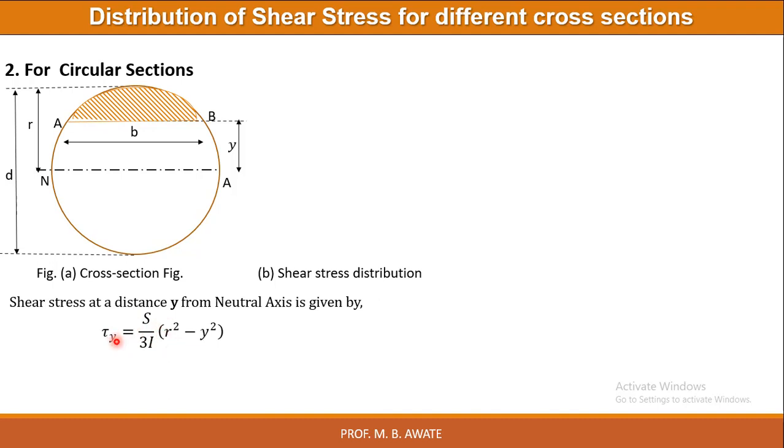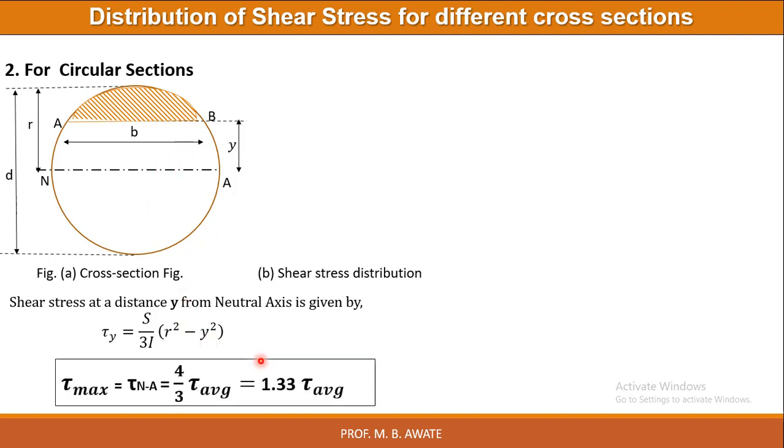So where tau y is the shear stress at a distance y from the neutral axis, so along this layer, S is the shear force, I is the moment of inertia of the circular section, r is the radius of the circular section, and y is nothing but the distance of that particular layer from the neutral axis. And if at all we want to calculate the maximum shear stress, so as far as circular section is concerned,